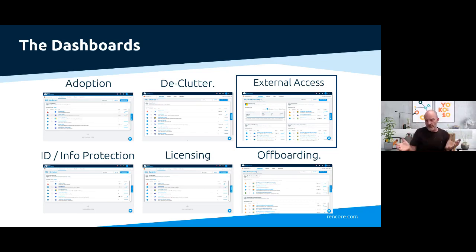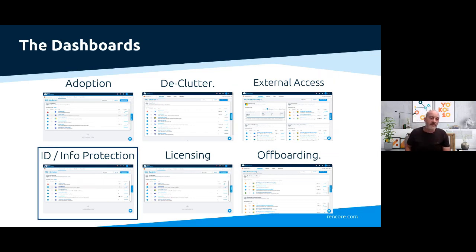Now, there's not necessarily a problem with sharing files externally. There certainly wasn't a governance decision to stop that. But it does provide a quick way to drill down if you do need to do a bit of a spot check and see exactly where that sharing is taking place, and even right down to which files are being shared if you need to.